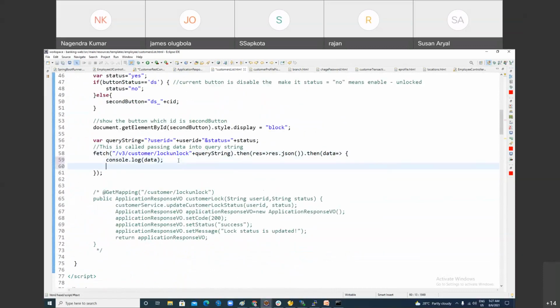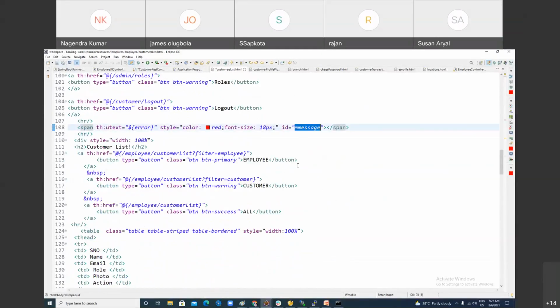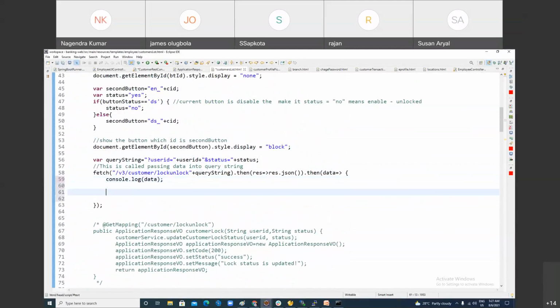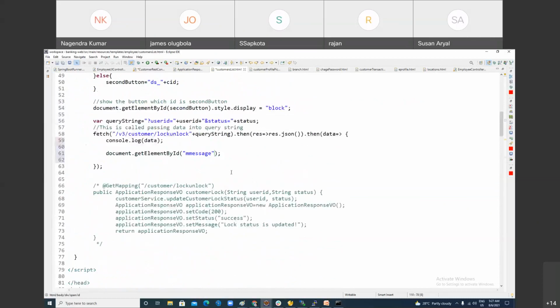How, man? Like here, you want to show it with jQuery or JavaScript. Somebody is saying I know only JavaScript. So how can you show the message in this span? In order to show it, you can use document.getElementById. And here you can pass the ID of the span where you want to show the message. Can you see this? After that, using innerHTML. In innerHTML, in between, what I want to write,